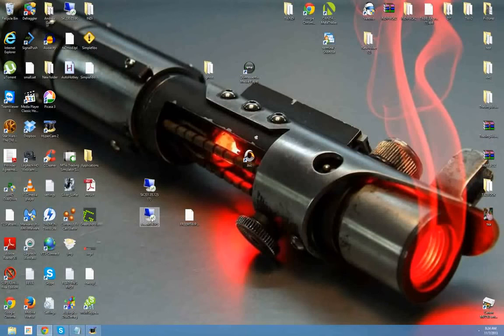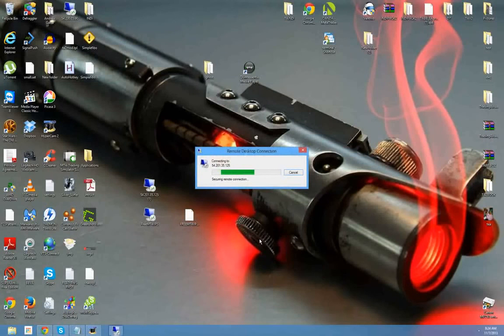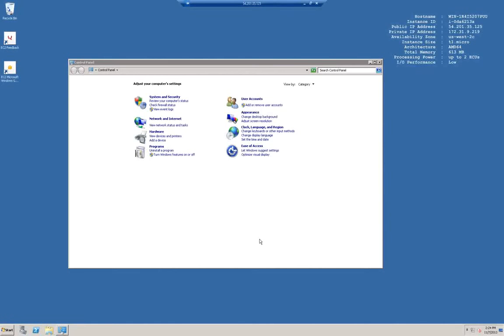So let's confirm that. I told it to save password. We log back in, there's our control panel still open. Pretty simple. And again, like I said, this is a free one, gives you a taste of setting up a